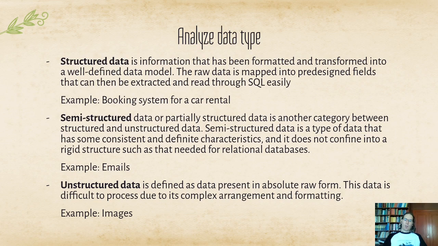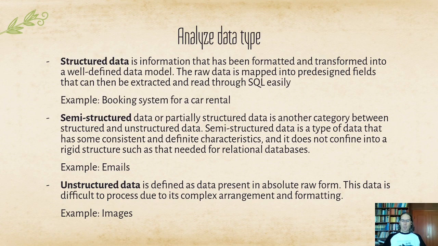Then we need to analyze the data that the application is going to use. Basically there are three types. Structured data is information that can be mapped to a relational model. So all the raw data that comes from the external entity can be mapped to columns, data types, and rows in a database. An example of this is a booking system for a car rental. You have customers, you have cars, you have locations, and all this data can be mapped into the